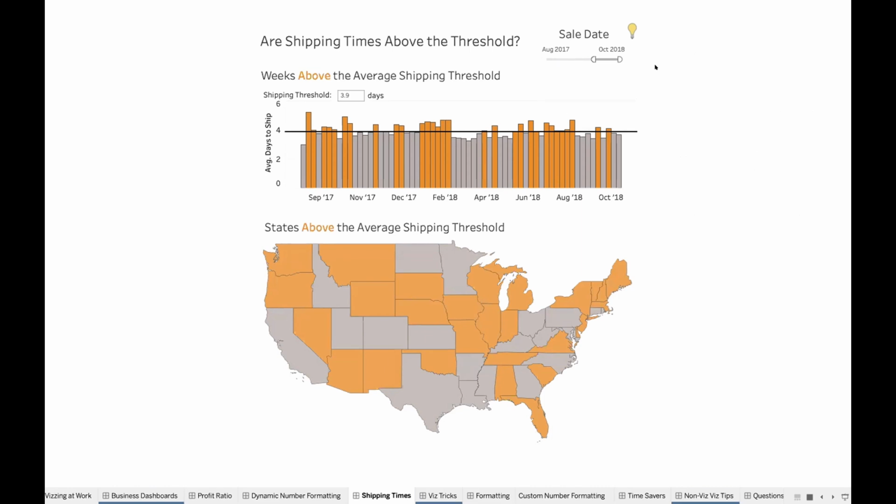Now, in version 10.3 of Tableau or later, you could set up data-driven alerts where there's a little alert button in the top right. You click that, and it allows you to set up subscriptions to this dashboard so that if the shipping threshold, let's say, goes above 4 days in a given week or for a given state, you can have an email sent to your clients automatically to alert them to this. Now, this is really powerful so that instead of them having to monitor this throughout the week or a few times a day, they could set up these data-driven alerts so that they will actually get alerted by Tableau Server, by Tableau Online, that something's above the threshold. So just another really powerful way of getting data to your clients.